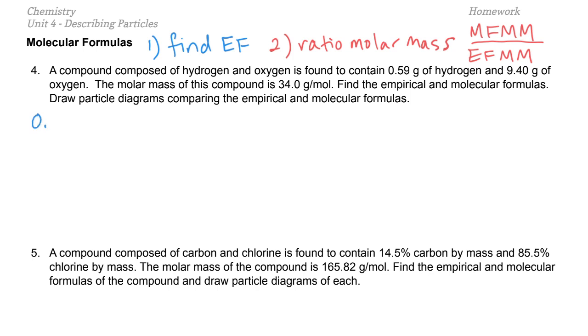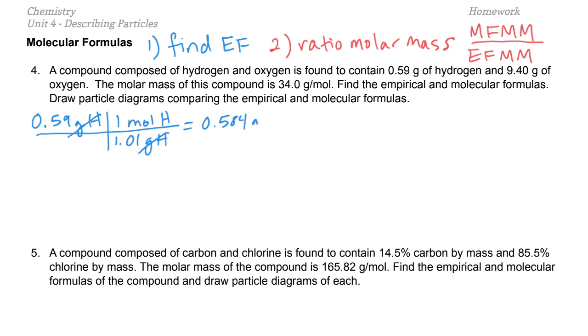So we'll take our 0.59 grams of hydrogen, and the periodic table will tell us that hydrogen is 1.01 grams for every 1 mole. And we know we need to put that on the bottom so that our grams cancel. So we divide and we get